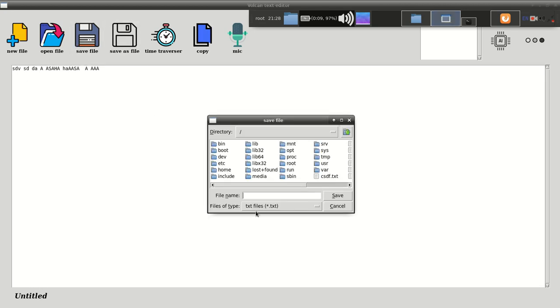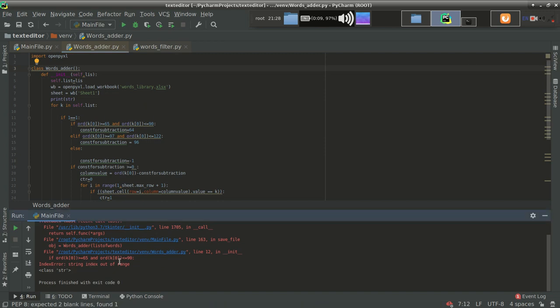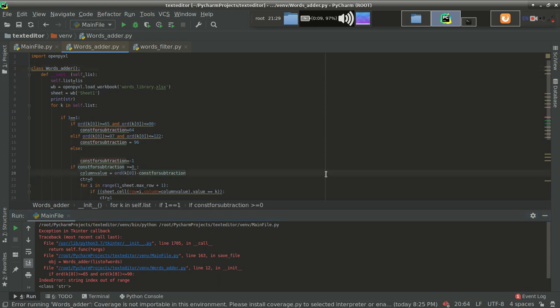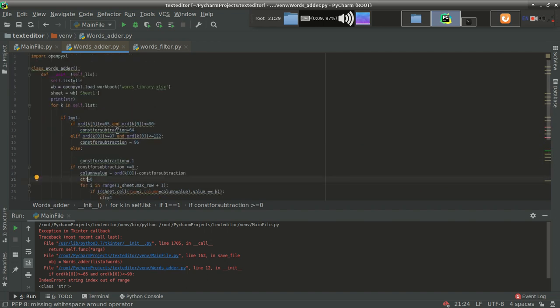Now save the file, save. That's fine. Again, string index out of range. Actually guys, this error is coming just because of this one. This one means that empty string, the empty string which I showed you, I told you that it is causing a bug. It is coming because of that. So how do we resolve that? We simply have to put a condition, and the condition will be: if k is not equal to this, then you have to add the word, otherwise not.